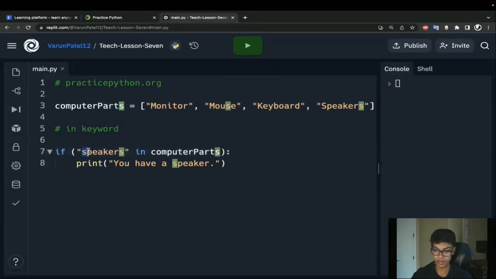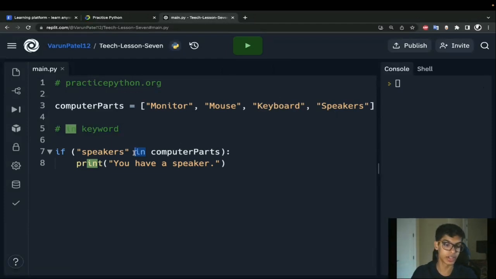Why? Because this S has to be a capital in order for it to be the exact same thing that's within our computer parts list. You notice these both spell out speakers, but the difference between them is that one of them has a capital S and the other one has a lowercase s. So that's an important distinction to note. And it's important that when you're checking for things with the in keyword, they're the exact same thing.